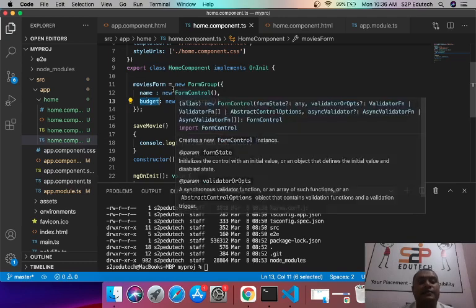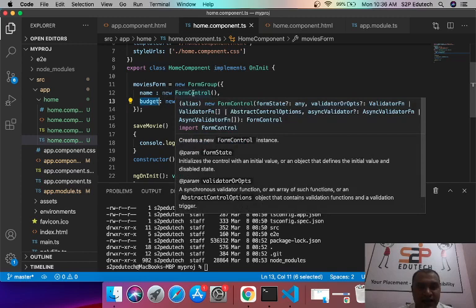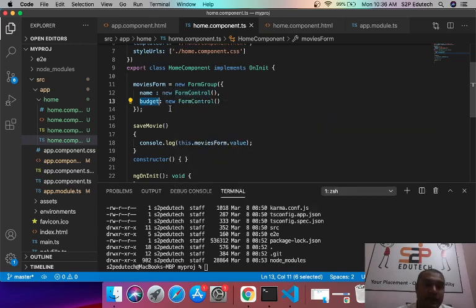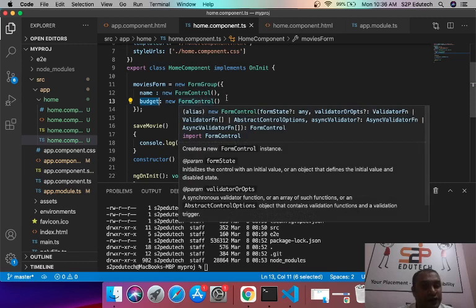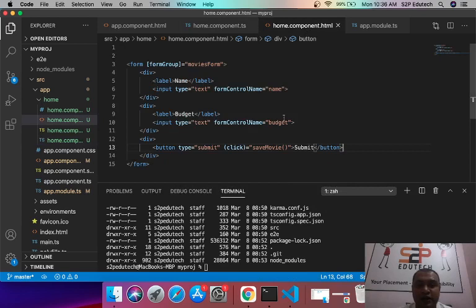I am saying a name, and its value part is an object of form control, again budget, again an object of form control. So essentially what you can blindly say is form control is nothing but the binding which you provide to your HTML input fields.